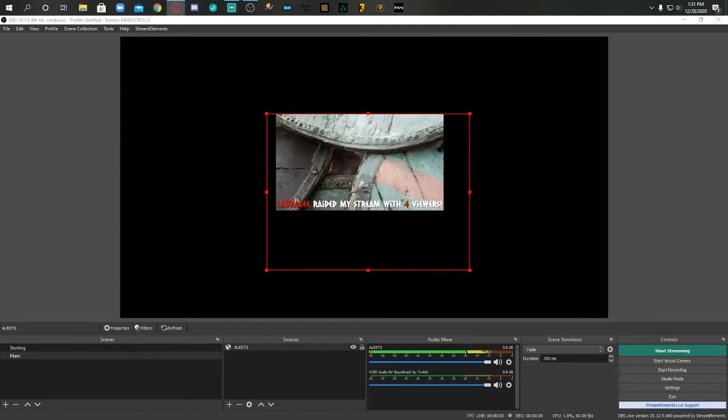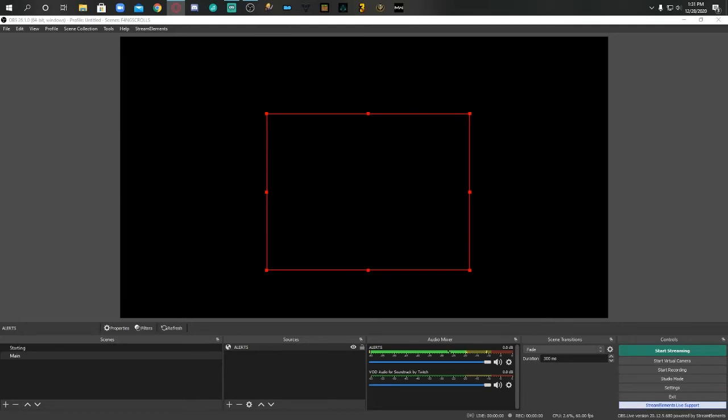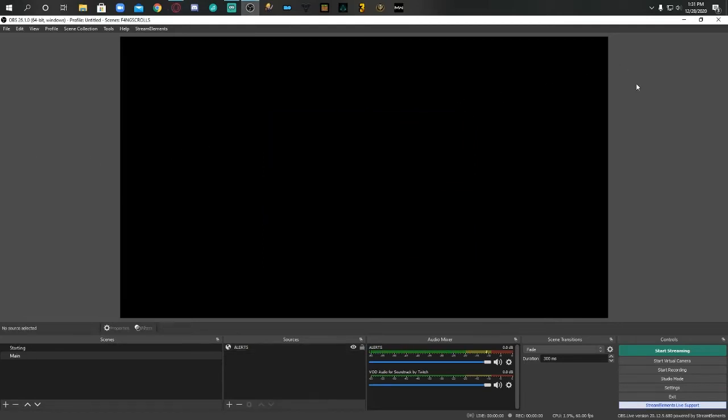So that is how easy it is to incorporate Streamelements overlays into your OBS software, which OBS is what I will be using from now on, is this bad boy right here. I prefer OBS. I started with it, and it's really easy to use. And it's so similar to